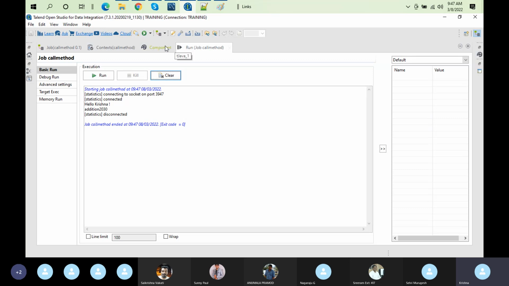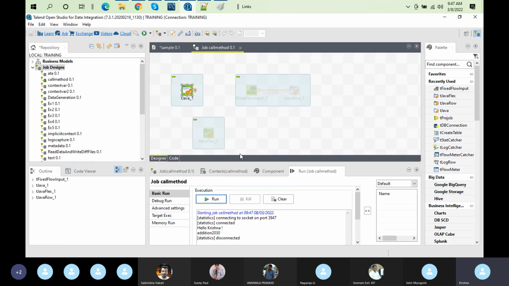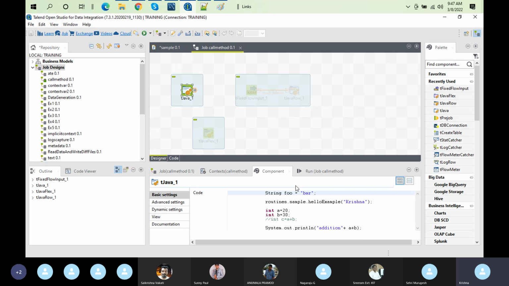Just you are printing whatever variables you are printing. So you can have that statement. You can easily write it in the tjava itself. You can print that same thing. You can implement it in